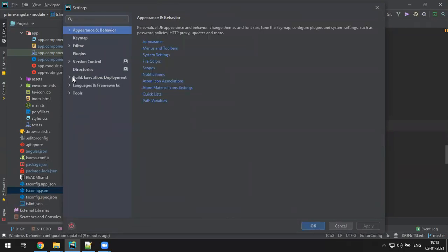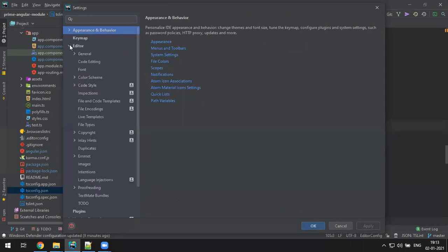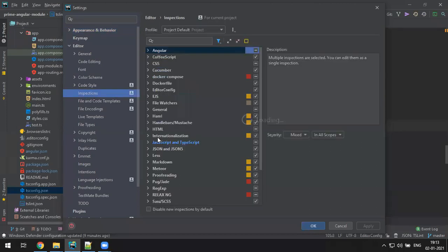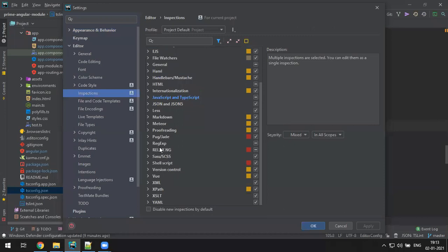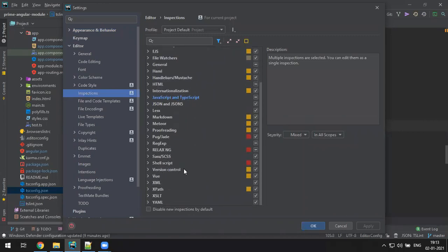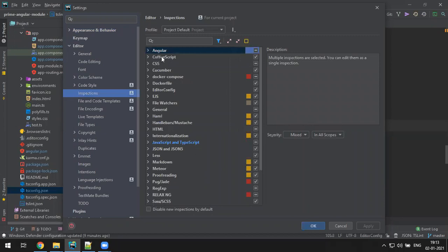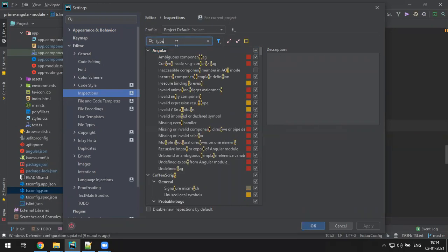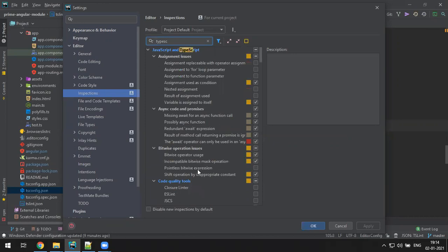Go to where we disable the editor inspections, TypeScript. Sir, JavaScript and TypeScript both are in one line.